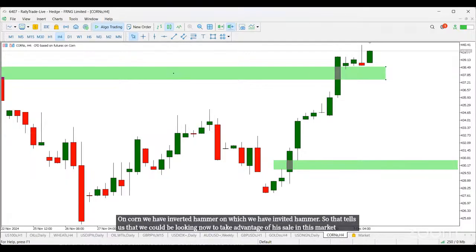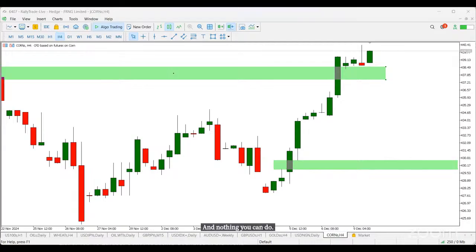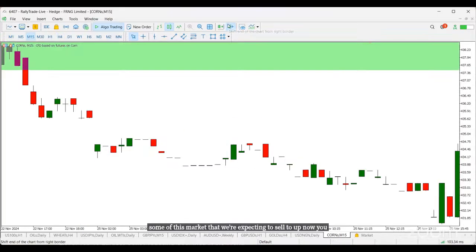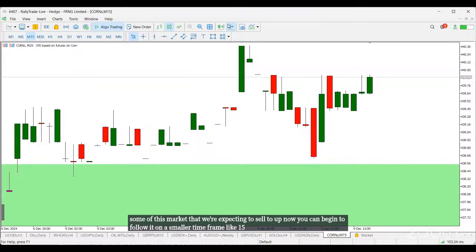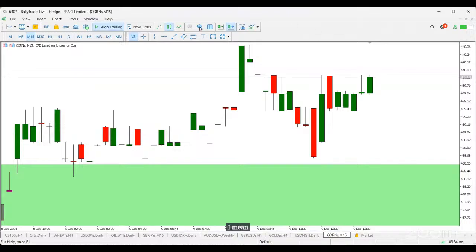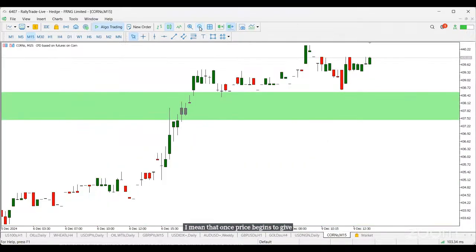And one thing you can do is that, since we're expecting a sell to happen in this market, you can begin to follow it on a smaller time frame, like 15 minutes. What do I mean? I mean that once price begins to give you lower lows, it confirms it. So on this 15 minutes, if price closes below this particular point and gives us lower lows, then it could confirm that retracement